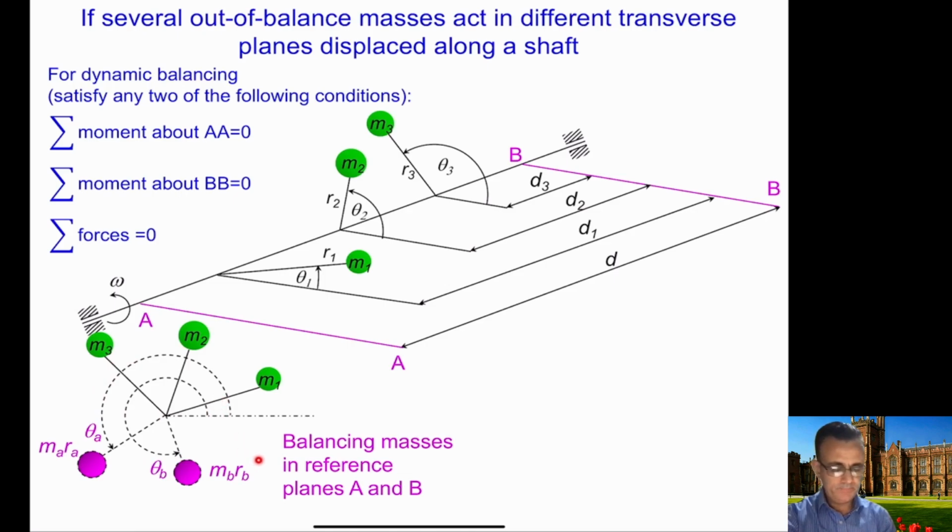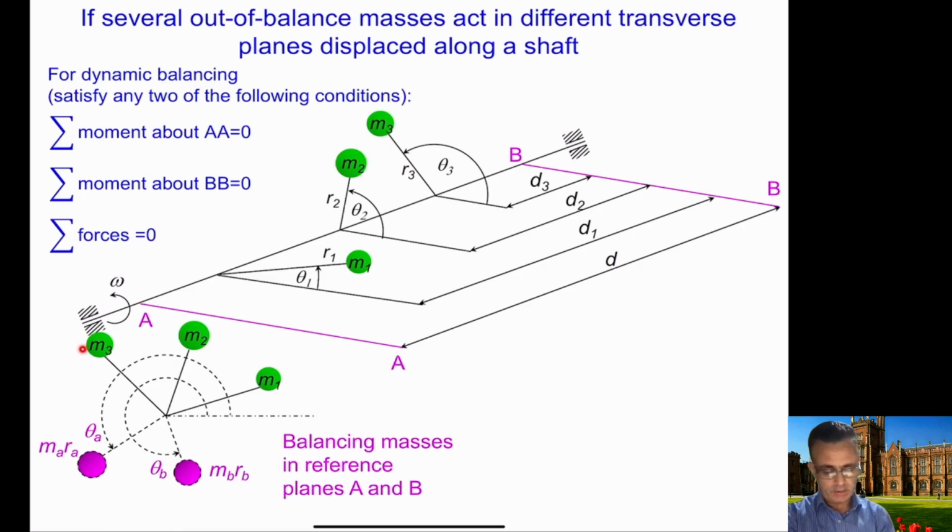And here our objective is to find out MARA and MBRB, which can be in these two locations, so that the system is totally balanced dynamically as well as statically. If the system is dynamically balanced, it will be balanced statically automatically. The shaft is also rotating at angular velocity omega. So if the system is balanced dynamically, there will be no forces on the bearings,